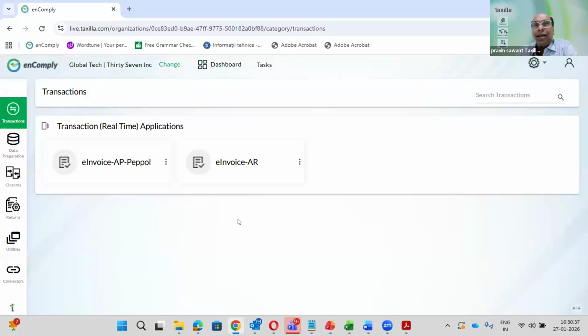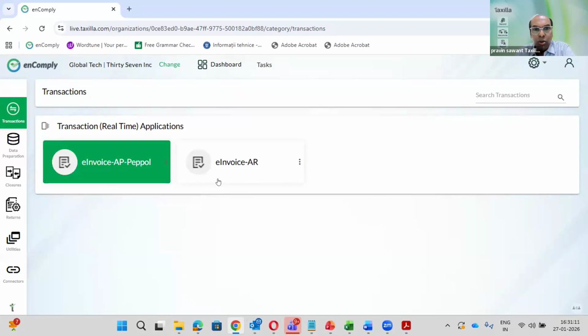Now, understand how this buyer will come to know when my vendor has issued the invoices. Today, he is sending the email, he is sending the hard copy, right? So SNB provides the option: whenever your vendor issues the invoices, SNB will send an email to your purchase team saying that you received one AP invoice. Now, I am going to show you this.